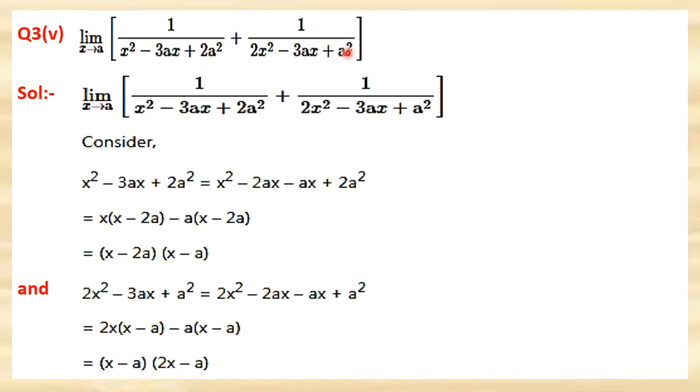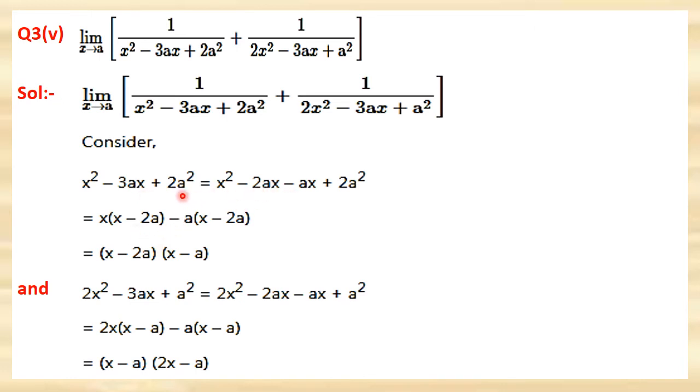First of all we have to simplify this function because there are two terms. It is not directly of the form p of x upon q of x. There are two terms, so we have to combine them. So just see whether there are common factors in the denominators, or the denominators are not the same. So we will factorize them. We can use splitting the middle term and factorize it.